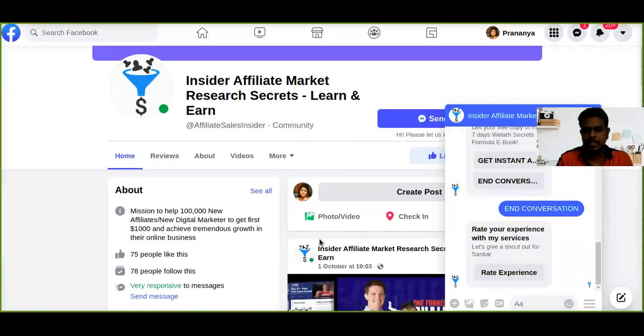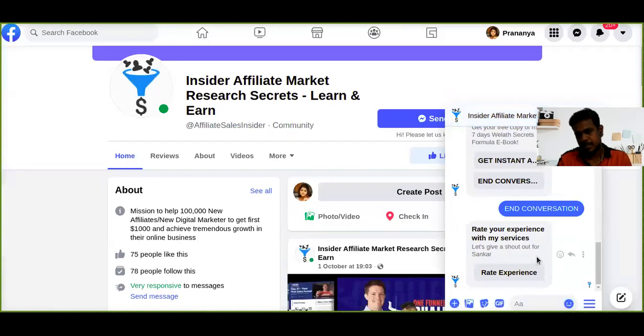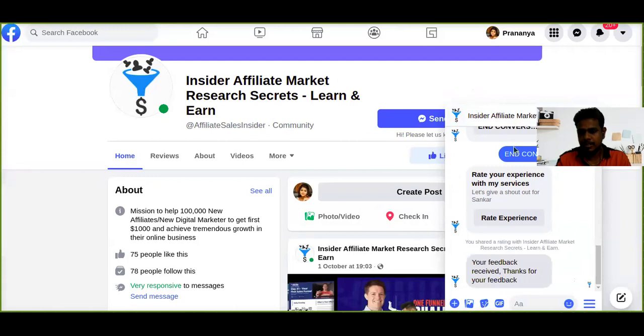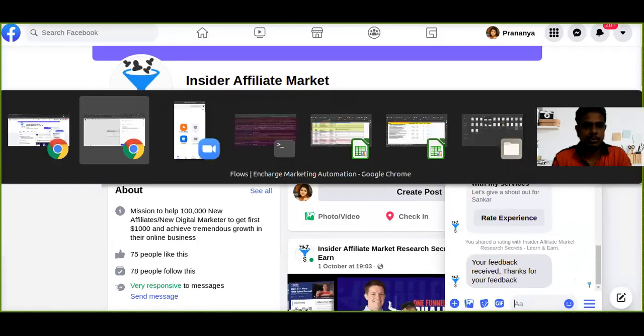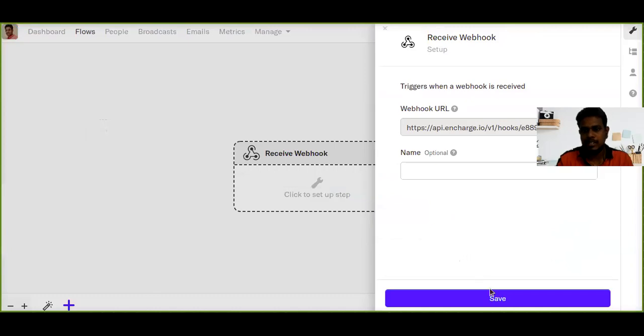When I submit it, you'll get another reply from the bot. You just need to wait for a moment. You'll be able to see your feedback received. Thanks for your feedback. What I am going to do is navigate to my webhook to check whether the information is captured or not.